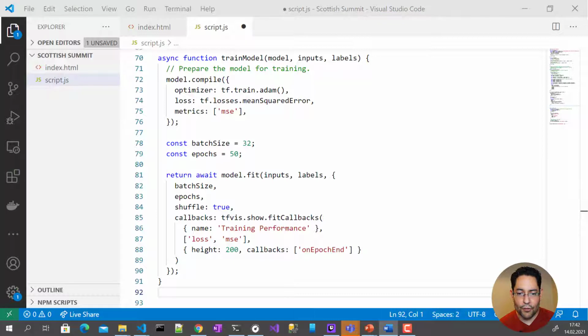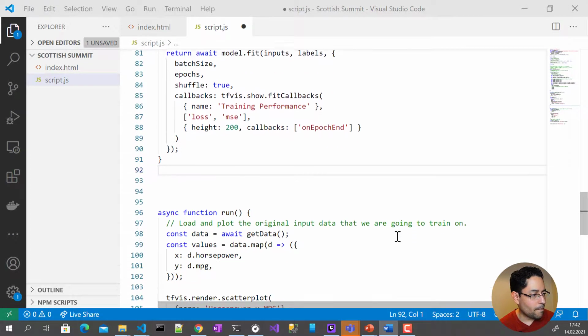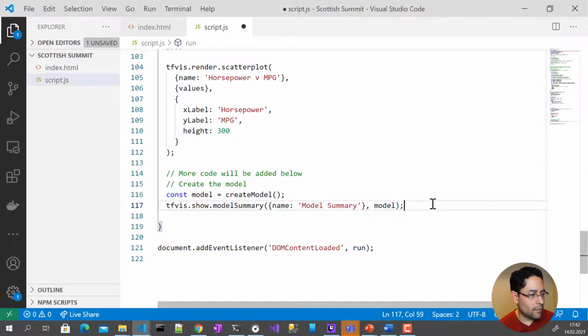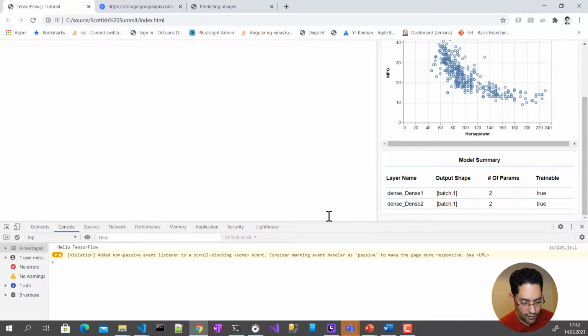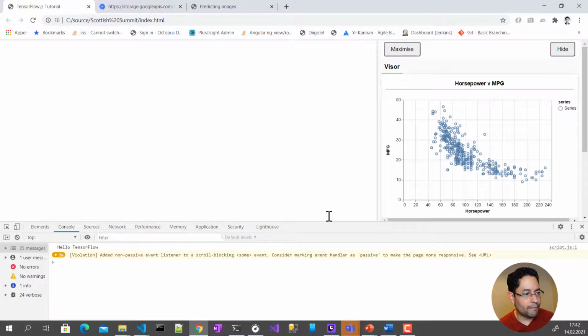So now it's time to do the training, so we need to add some code to our run function. Here what we do is we first convert our data to tensors, then we extract the inputs and the labels, then we train our model, and then we print out on the console log that we're done training. So if we go back to the browser and we run this,